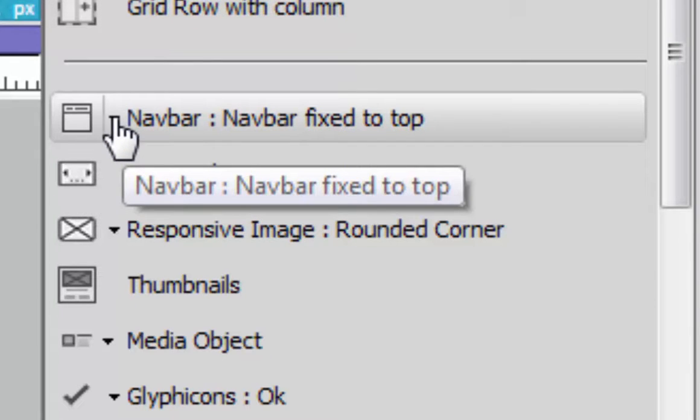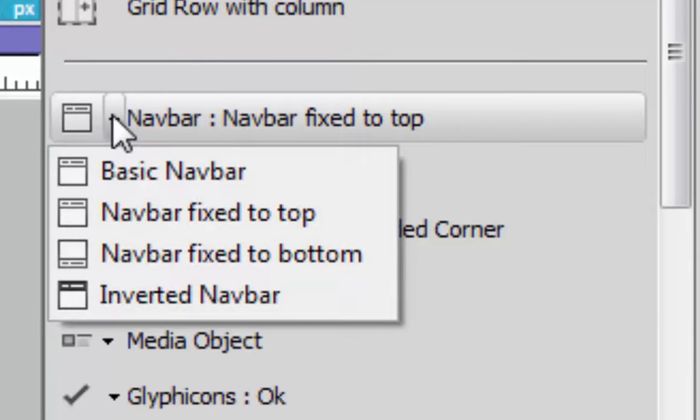If I click on this little drop down arrow, you can see there are actually several different kinds of navigation bars. There's the basic navigation bar, the one that we will be using, which is fixed to top. There's one that's fixed to the bottom. You don't see that too often. And then you have an inverted navigation bar, which is basically the same thing as the main navigation bar, but